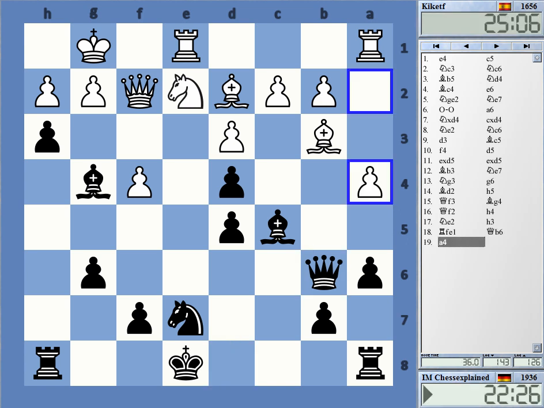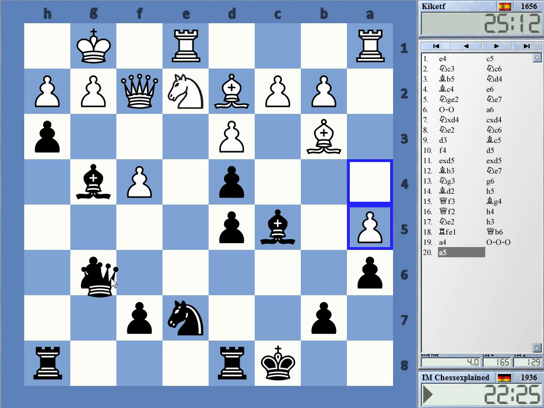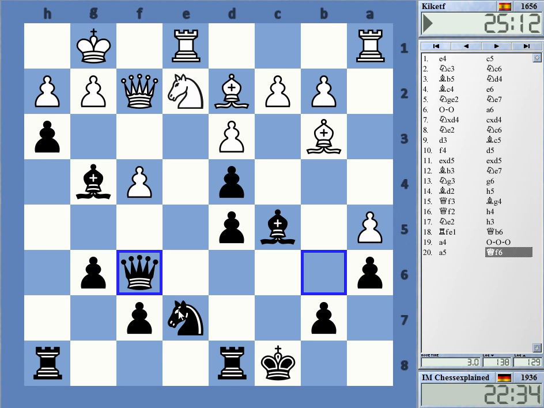e4. Okay. Yeah. Let's get that king out of here. On a5 I have queen f6. Keeping that protected, and